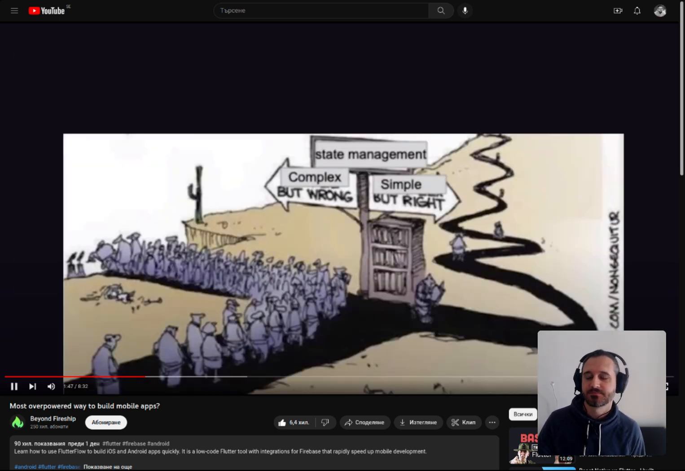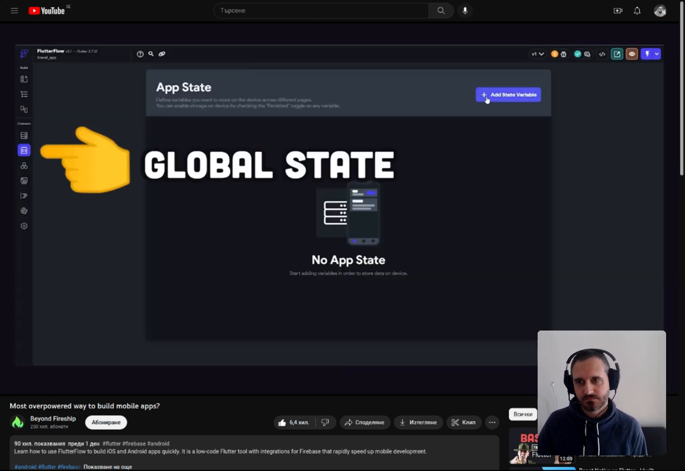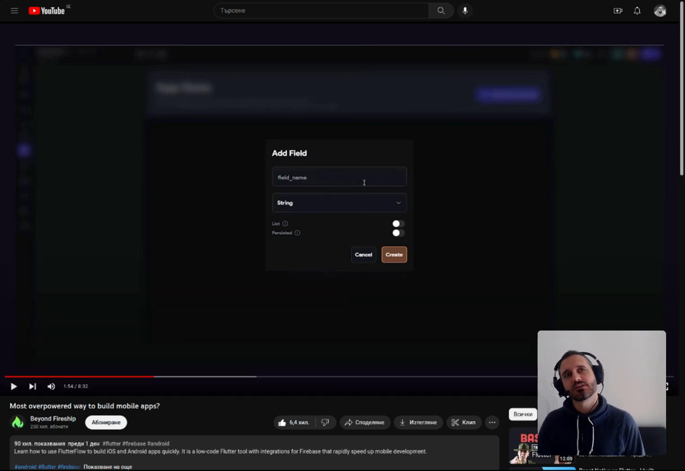But one of the more complicated aspects of development is state management. On the sidebar here, we have our app state, which allows you to organize global state. Yeah, this is more developer specific. I don't think that the normal users of FlutterFlow actually know about state management or care about it. And I think this is actually the best thing about FlutterFlow, to not think about those things,